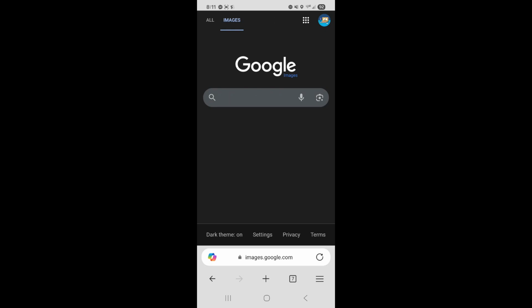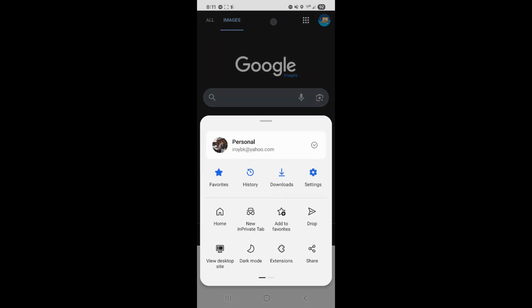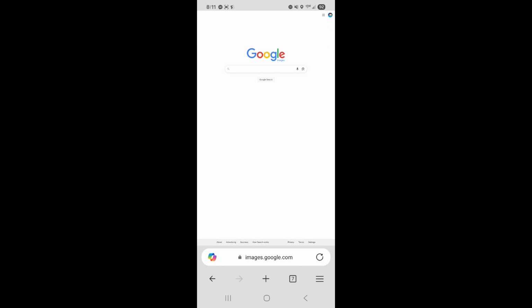So what I'm going to do is come down to the three little bars right there, and I'm going to look for View Desktop Site. And this will be similar on other browsers. Just look for a way to switch it to desktop, okay? Go to the desktop site, and I know stuff gets kind of small, so we're going to really carefully